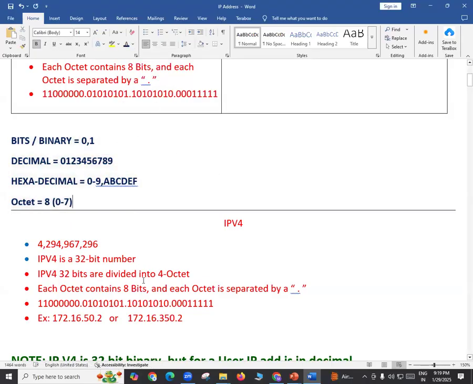And whenever you learn IP addressing, at least from tomorrow, you know what you should do. When you sit in the class, actually sit with a pen and paper, pen and a book, because IP address is all about maths. IP address is all about numbers. So I'll show you some calculations here, you do some calculations there. It will be easy for you to understand the concept of IP address. Now let us try to understand these numbers: binary numbers, decimal numbers, hexadecimal numbers, and octet.